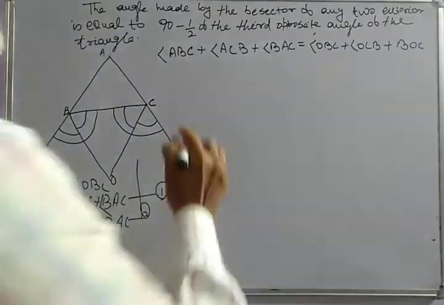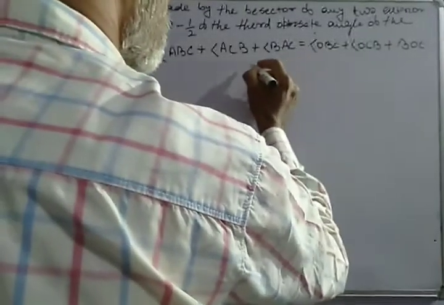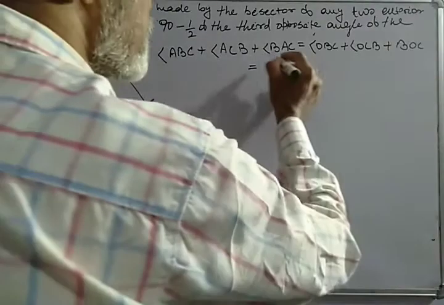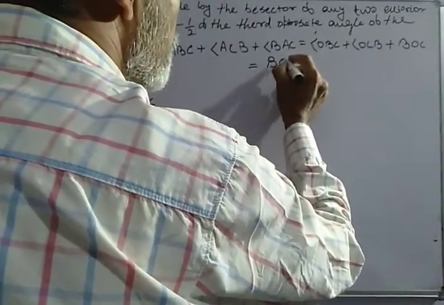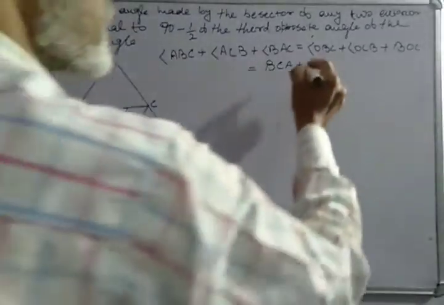So see here, in place of OBC, I can write BCA plus BAC